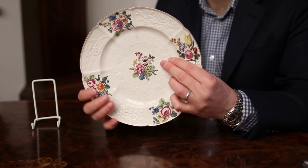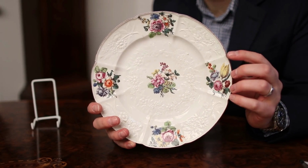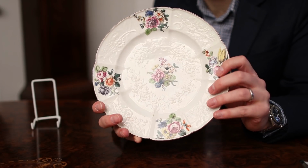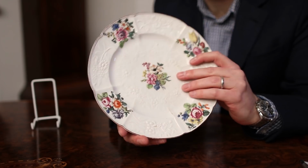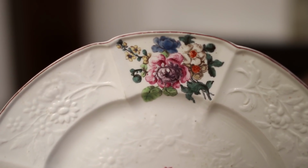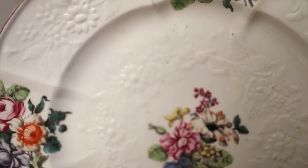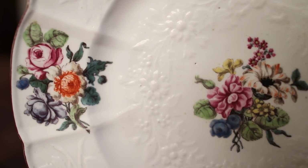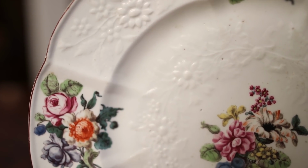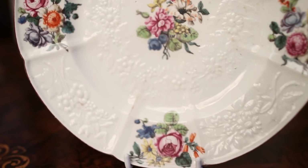period. What I like about this one in particular, these four panels of flowers and this little central bouquet, they're really exquisitely painted. Serious artists there. And when we look closely, they're in lovely colour hues, and there's little outlining around all those little petals. And this again is influenced by a French factory, the Vincennes factory. So lots of influences going on there, which leave us with what I think is a really pleasing looking